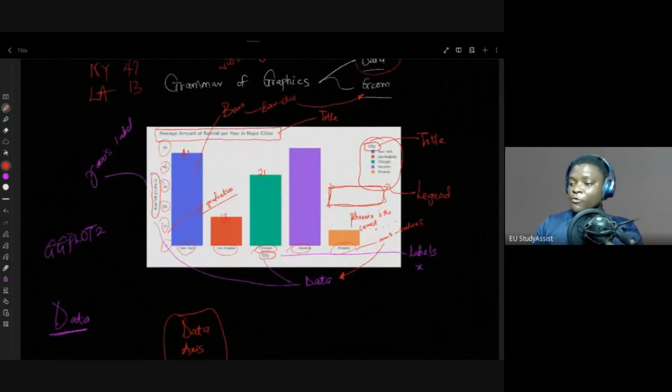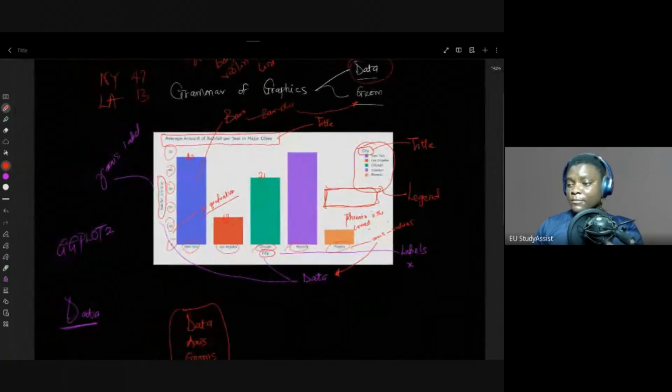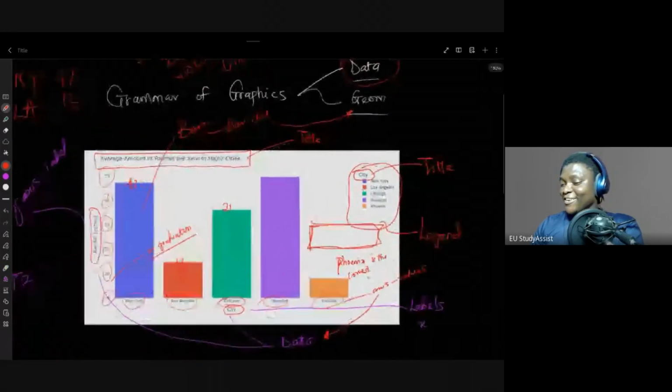Do you have any question before we move to ggplot2? Any questions? Okay. People are not really asking questions. It's either you guys already have experience with this, or